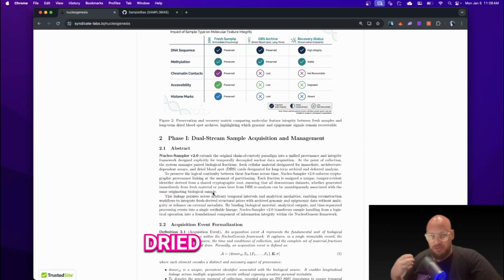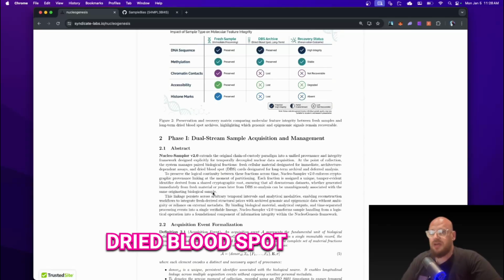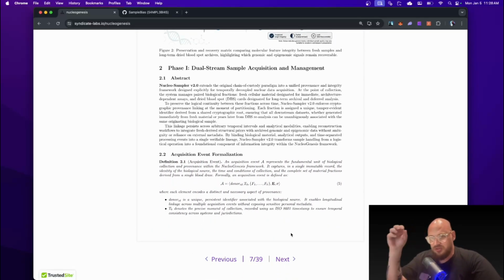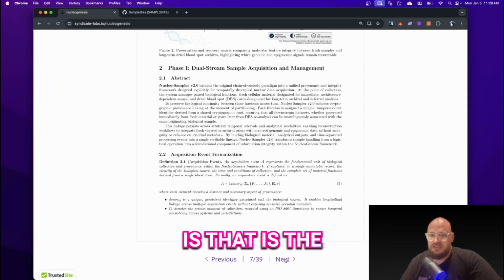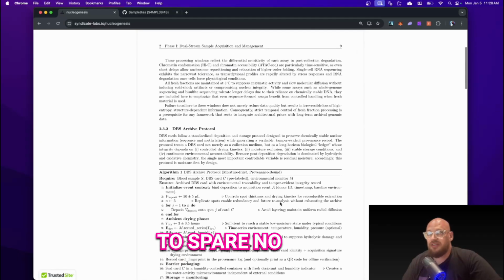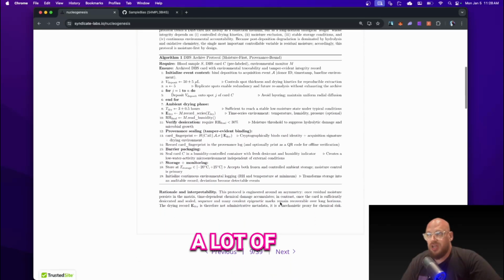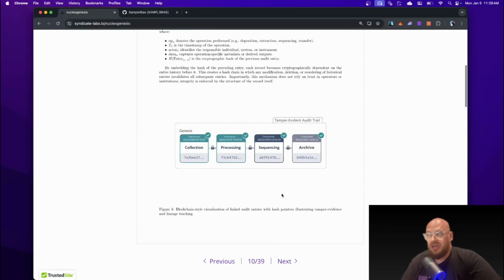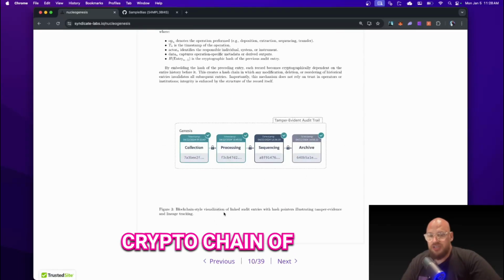And dried blood spot cards was my initial thought. So that's what's sprinkled throughout this paper as the mechanism for collection. And again, here's acquisition of fresh samples, etc. I pretty much try to spare no detail and go through a lot of the protocols as well as the predictive algorithms, etc. And I even threw in a kind of crypto chain of custody because we know